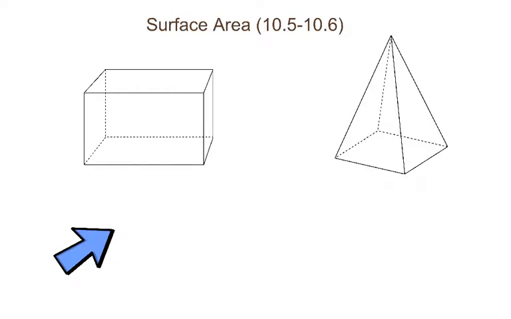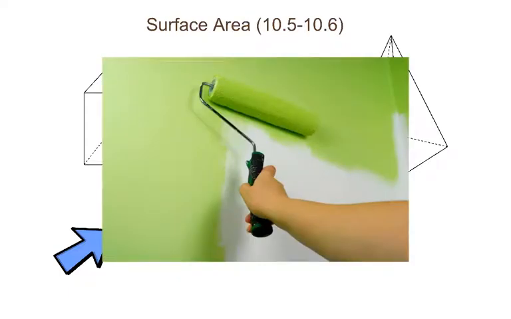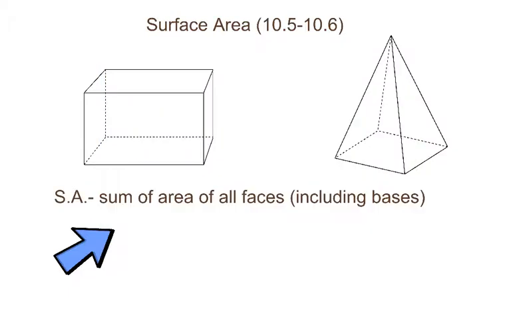Alright, surface area. Surface area can be really helpful if you want to find out how much wrapping paper you need to cover a present, or how much paint you need for a room. So the surface area, or I'll abbreviate it, SA, is just the sum of the area of all of the